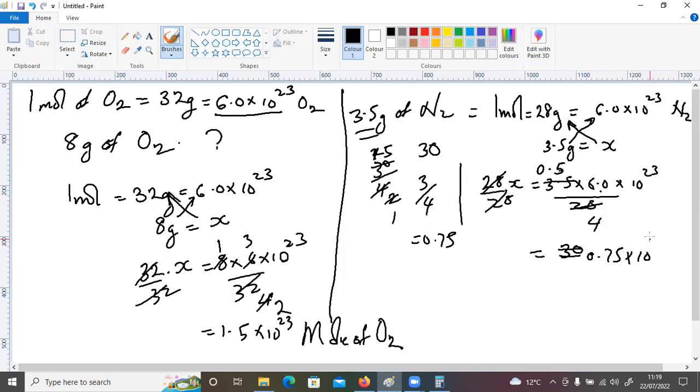0.75 times 10 to the power 23. Then this is the same as 7.5 times 10 to the power minus 1 times 10 to the power 23. And this is 7.5 times 10 to the power 22. We said that when the bases are the same, add the powers. And if we are adding minus 1 plus 23, subtract them and put the sign on the bigger number. The bigger number was 23. So the answer becomes that these are atoms, not molecules of